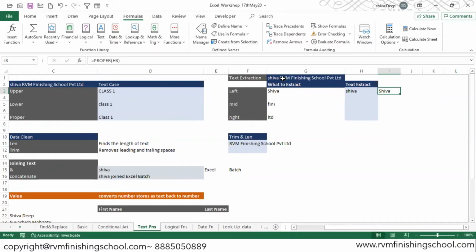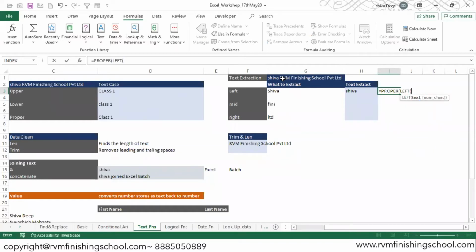Again, creating a UDF. When you're creating a UDF, you need to think about what needs to be put where, which function should come first and which should come second. If you look here, first the left function is extracting the text, and then I need to make it capital. So we can start with proper, and when proper is asking for text, I can put my left function inside the proper.